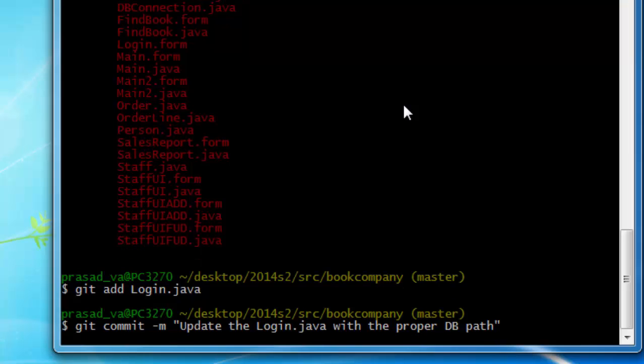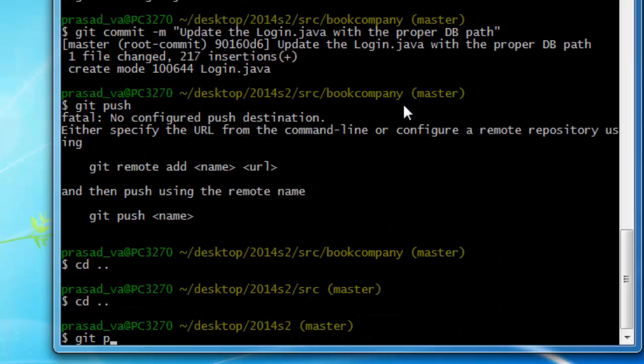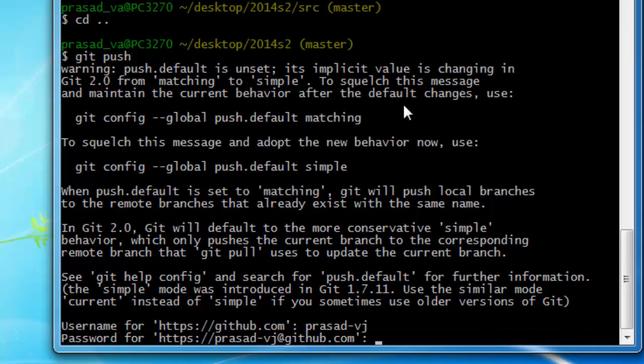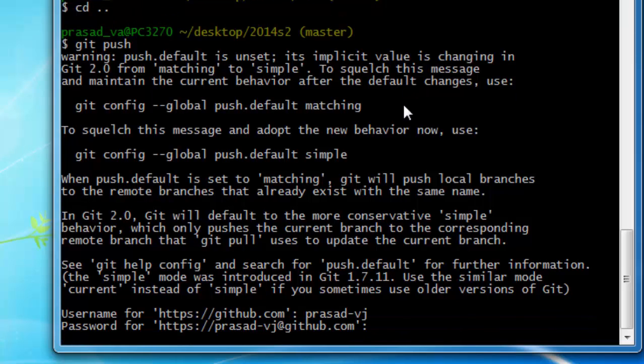Alright, so that's my commit, and you can push this one, git push. Okay, so now I'm able to push that, then username and then password. Now it should be